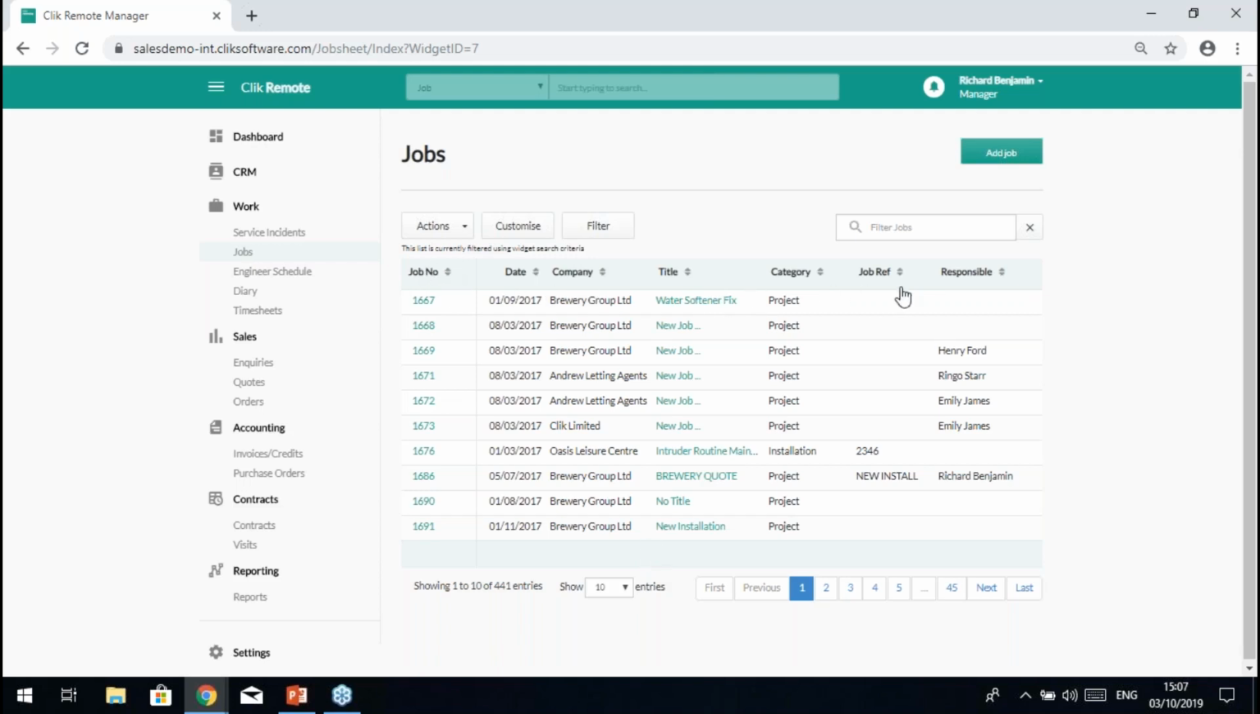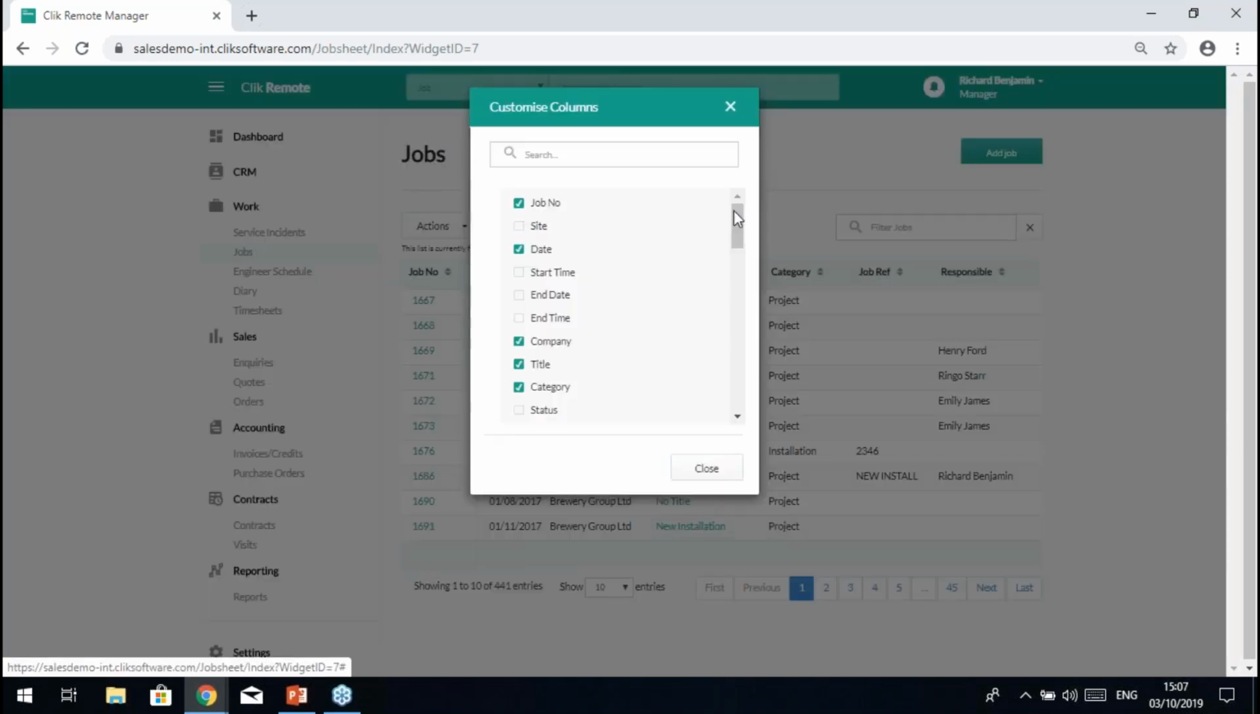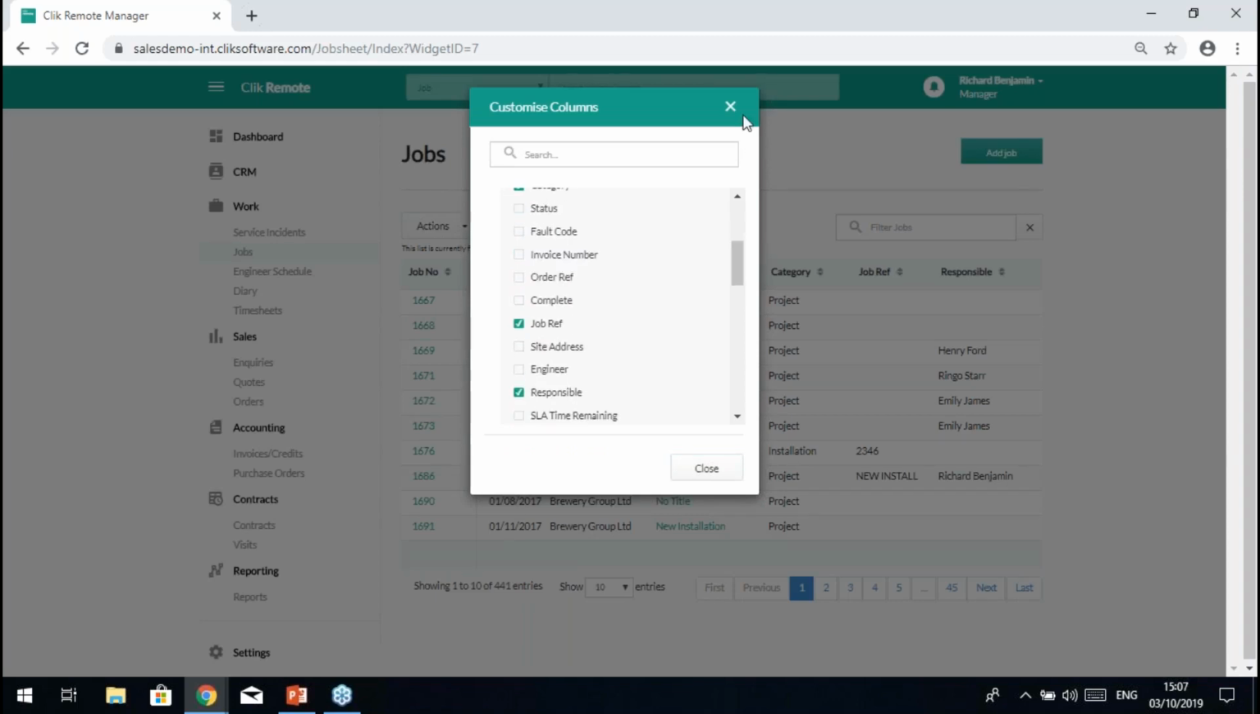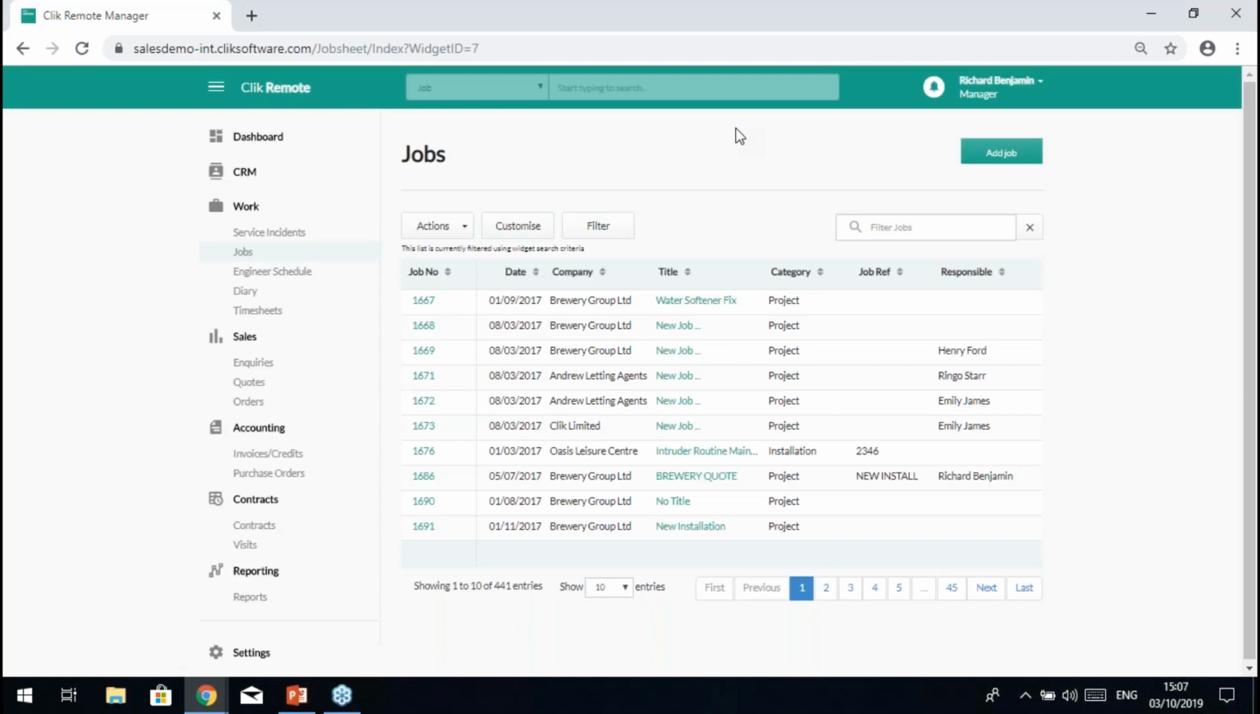So we can then view specific job details, and we can actually filter this further using the filter button, and we can also customize what data we see on the grid using the customize tool. So that will allow us access to add additional columns or hide particular columns there. So if we go back to our dashboard,